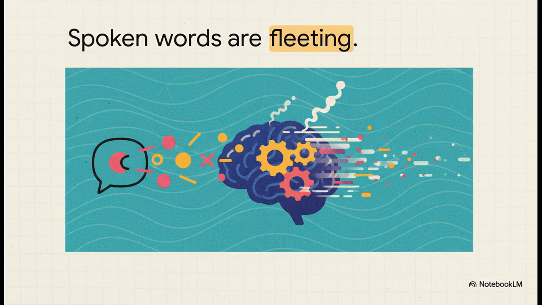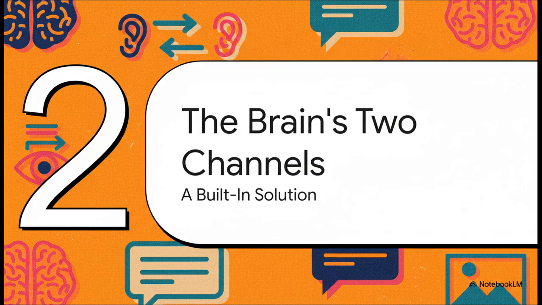Well, think about it. When someone is just talking at you, those words are, poof, gone the second they're said. It's called the transient information effect. Your brain is working like crazy just to hold on to the words, let alone process what they mean. It's like trying to catch smoke. So how do we fight that? How do we make ideas stay?